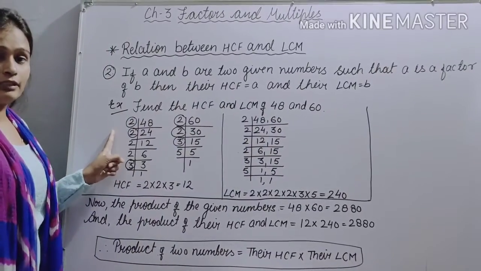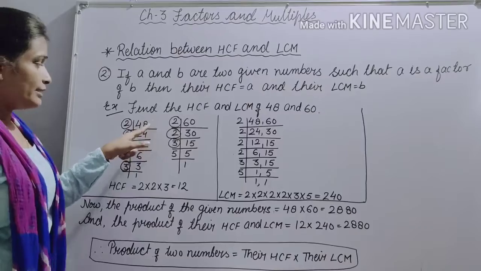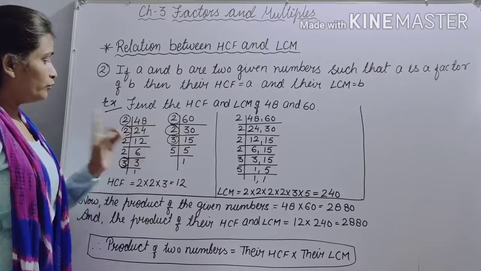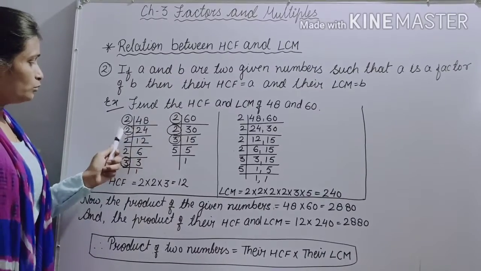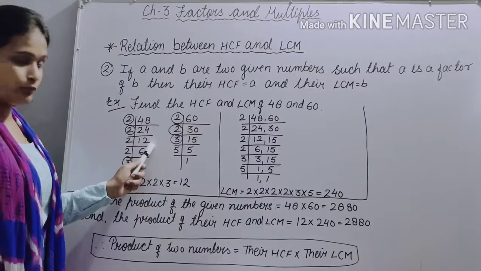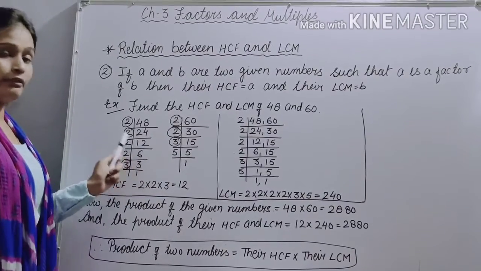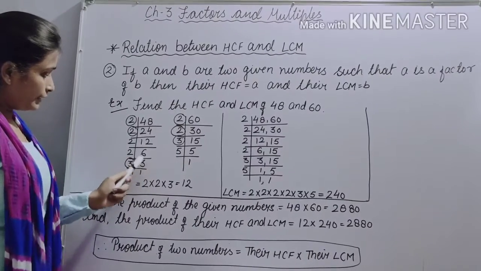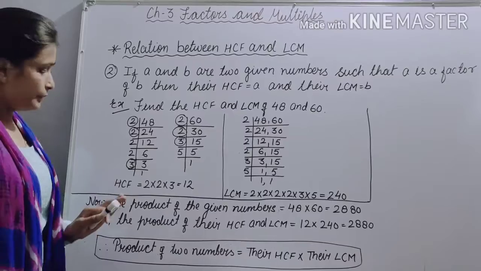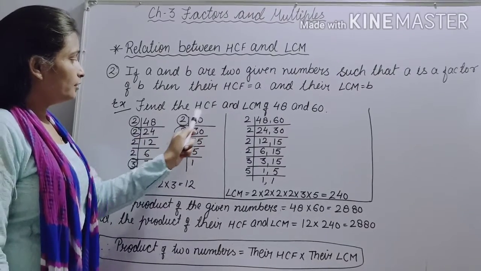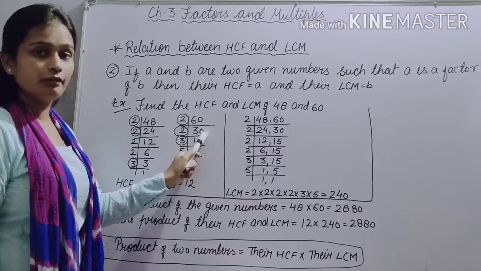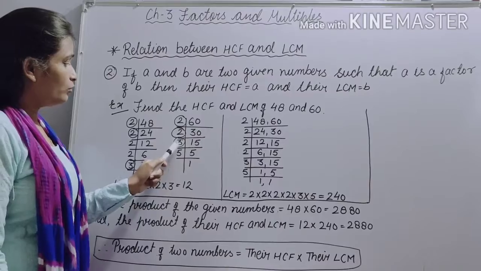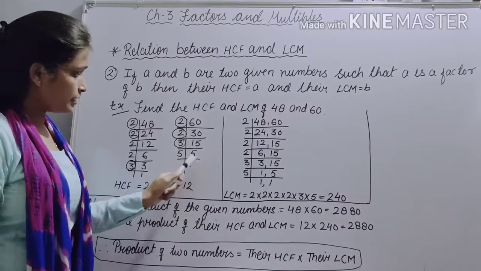First of all, for HCF of 48, its unit place is 8, so we have to take 2 here. Now 2 2s are 4 and 2 4s are 8. Now again take 2, 2 1s are 2, 2 2s are 4. Again take 2 because this 12 is again divisible by 2. So 2 6s are 12 here. Now 2 3s are 6 and 3 1s are 3. Simple. Now for 60, 2 3s are 6 and this 0 here. And when we divide this 30 by 2, we will get 15. Now 3 5s are 15 and 5 1s are 5.